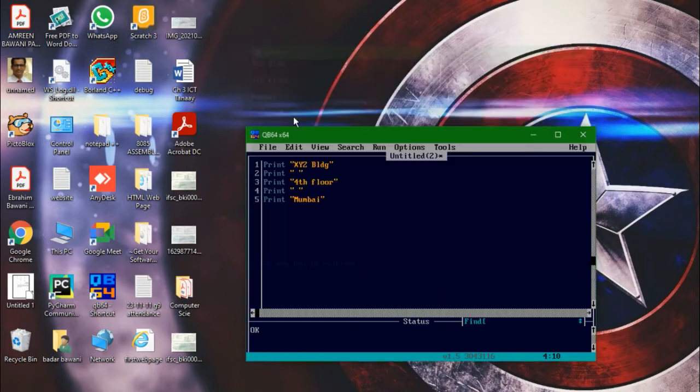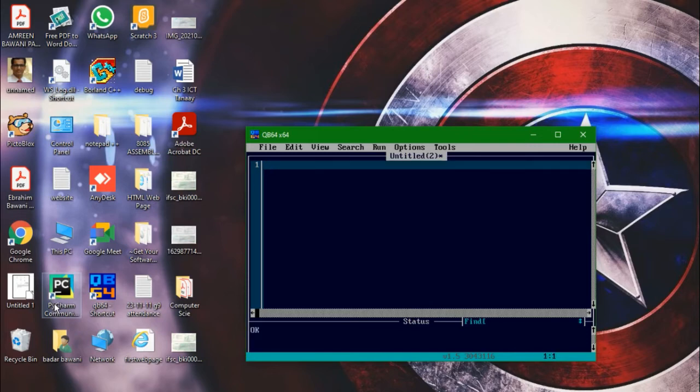Okay, so this will be the program which would look like. Now, in a scenario where I want to give some instruction for the other coder, about what code I have done or what this program is all about, I can give a comment area. This is called giving a comment in my program. So I will just remove this part. The keyword would be remark.